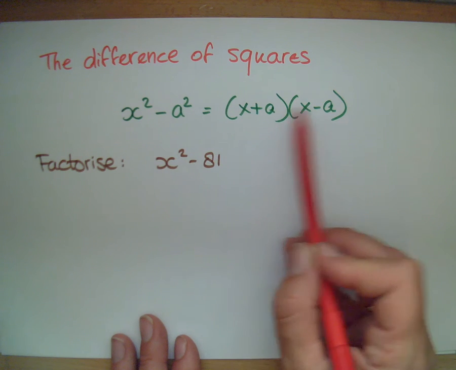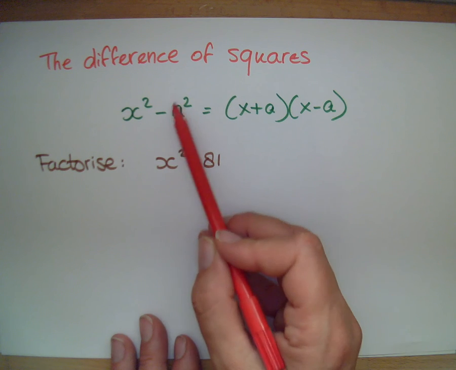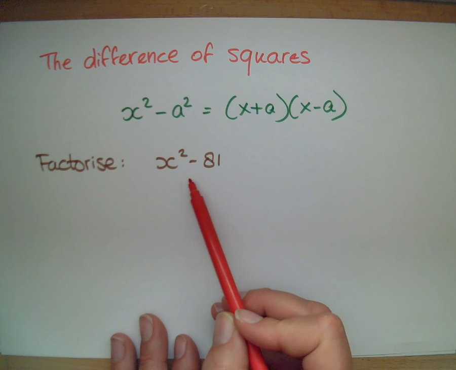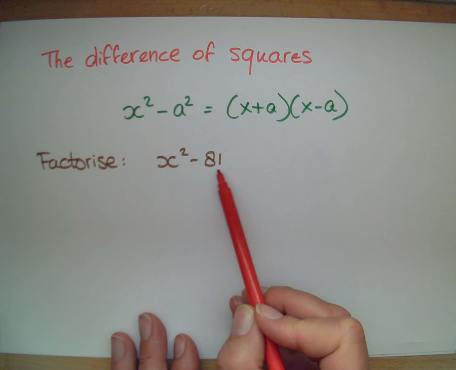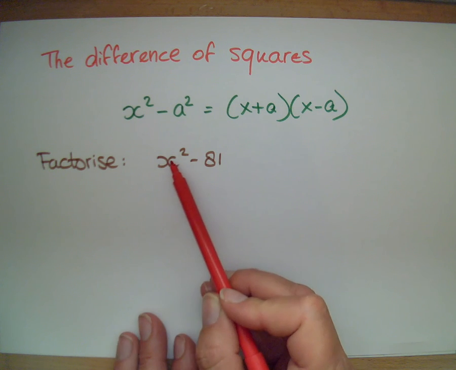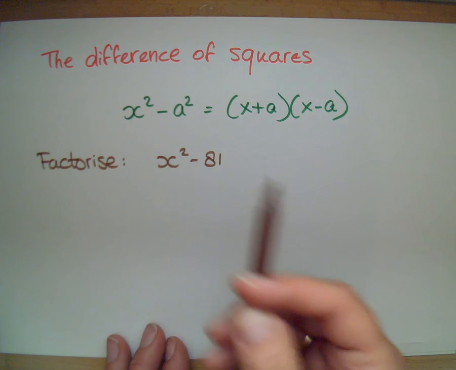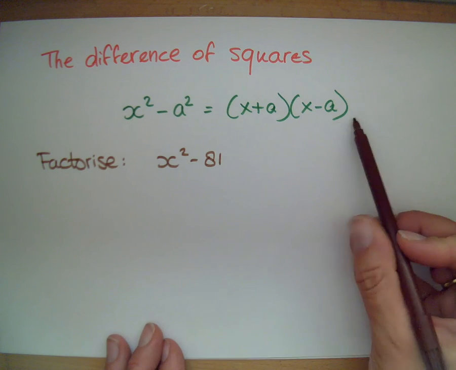And the number here is the square root of this, right? Let's do an example. If we're asked to factorize x squared minus 81, I notice that this is a square number, and x squared, of course, is square as well. According to this definition,